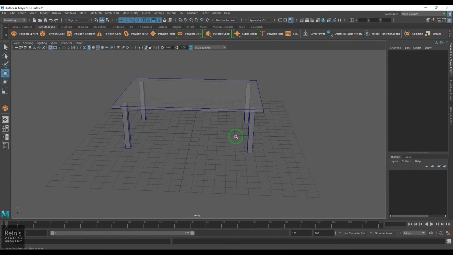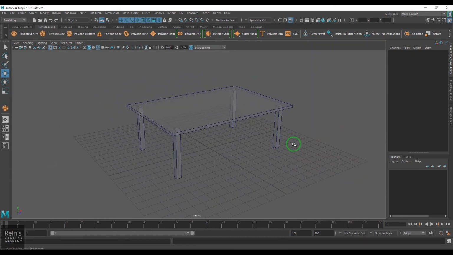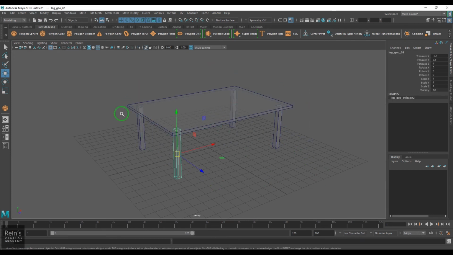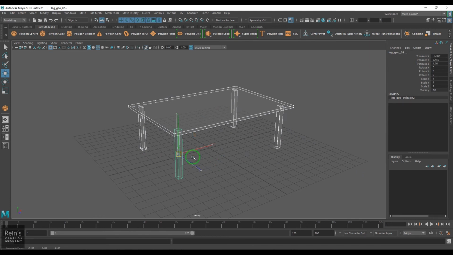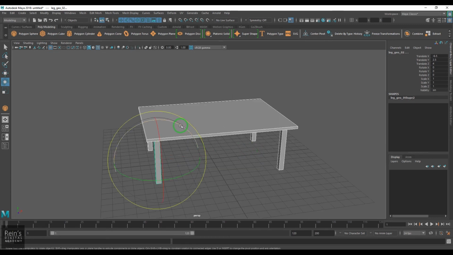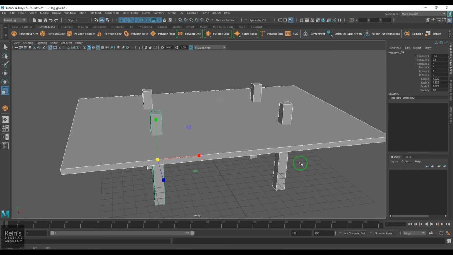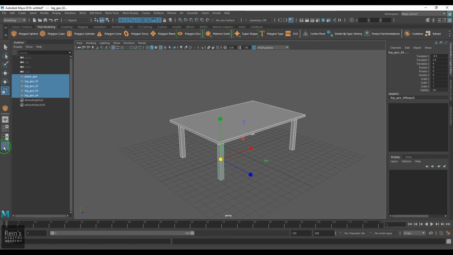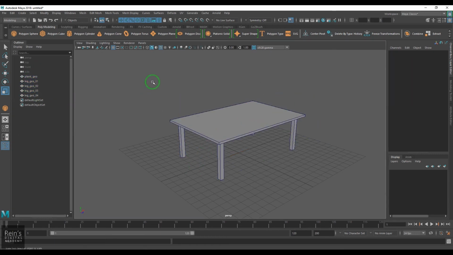Now if you see, I've got a table model here. Now when I select the table, the table is made up of different pieces. When I select the table and move it, it moves like a table, perfect, there is no problem with that. But the problem is when I have to rotate the table or scale the table. So I'll open the outliner, and you see there are 5 different pieces of the model